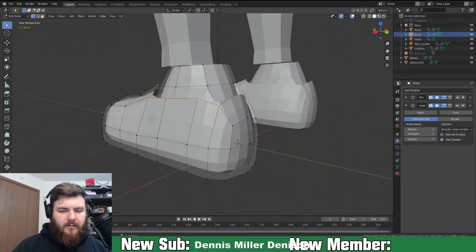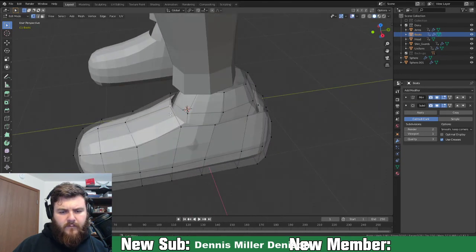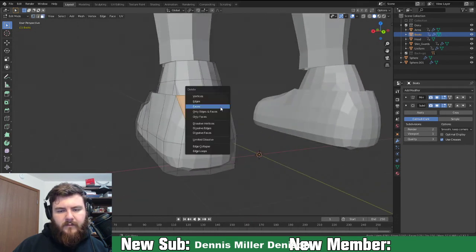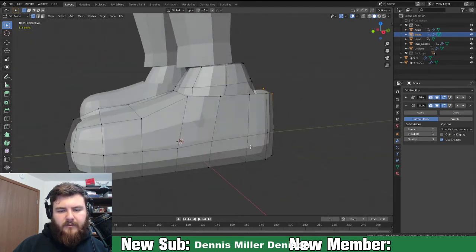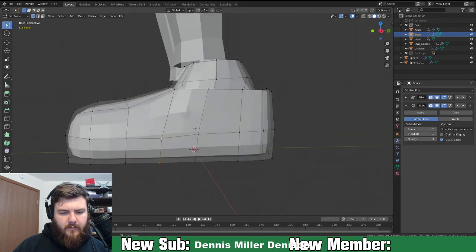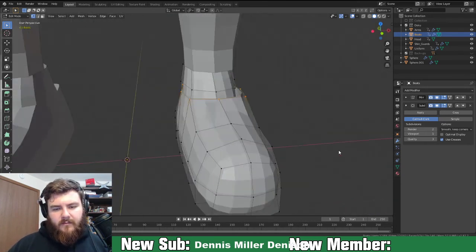Actually, let's grab the whole thing. And there's really no reason for these faces anymore, so realistically, we don't want to have any partial face loops if we can avoid it. Alright, we're gonna skip this too. Okay. So, what we want to do